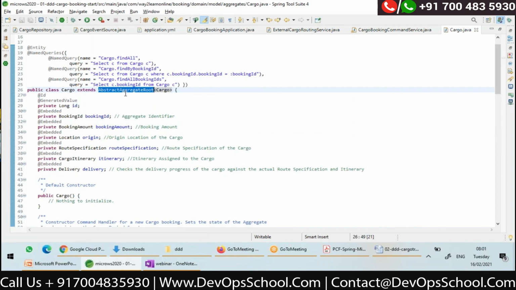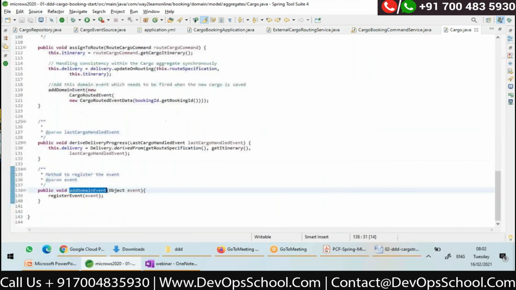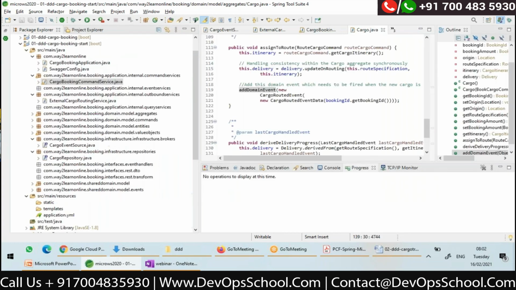My cargo is extending abstract aggregate root. So an event is registered here. So whenever a transaction is complete, I may want my transaction listeners to be executed, which should publish the actual event. So let me show you here.